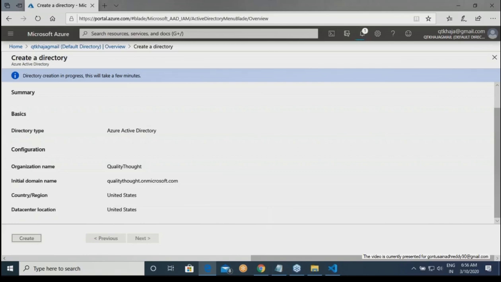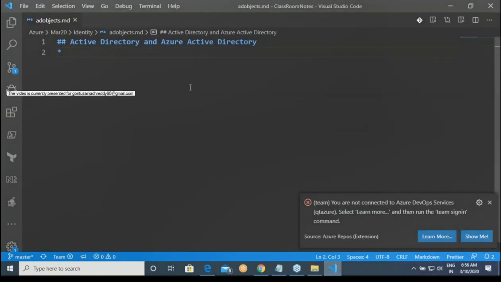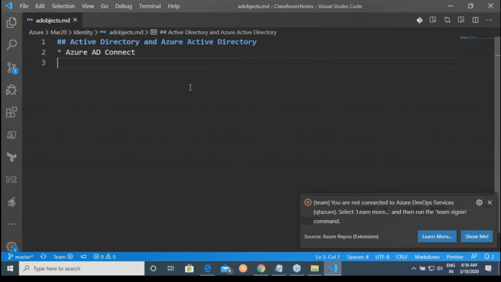Right. So, fine. What are the options which we have? One is Azure AD Connect.